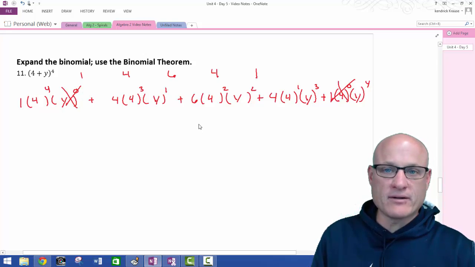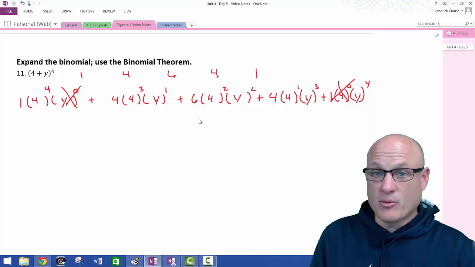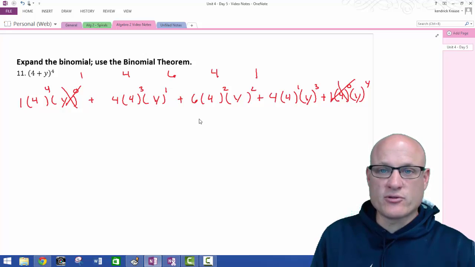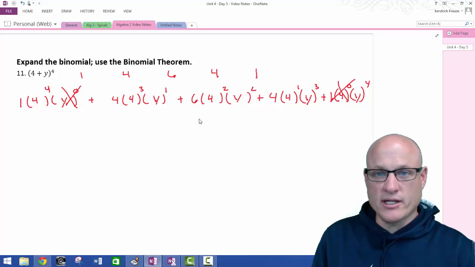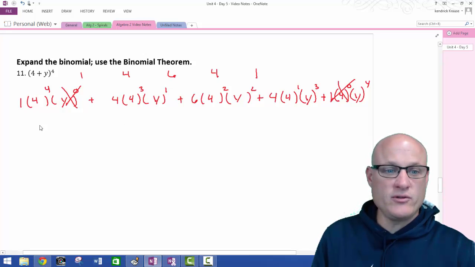4 to the 4th power. Let's see if we can do this in our head. 4 times 4 is 16. Double 16, 32. Double it again, you get 64. So 4 cubed is 64. Now we're going to double that and double it again to multiply by that last 4. So you double 64, you get 128. Double 128, you get 256. So 256, no y's, plus